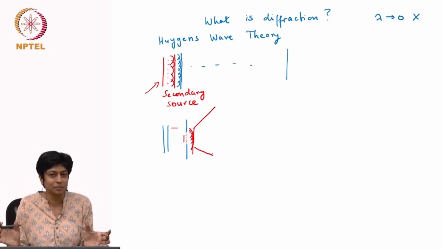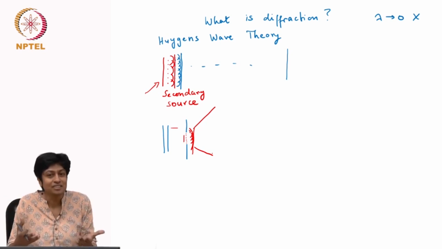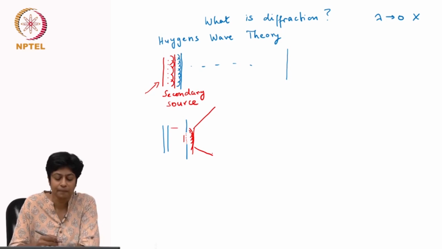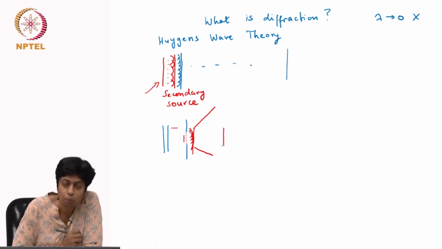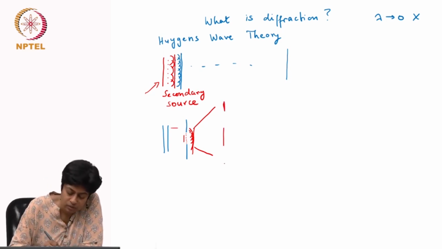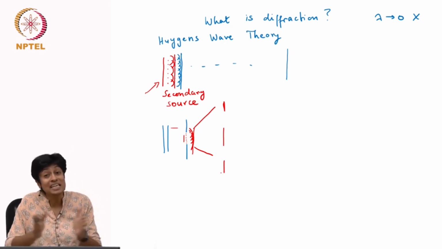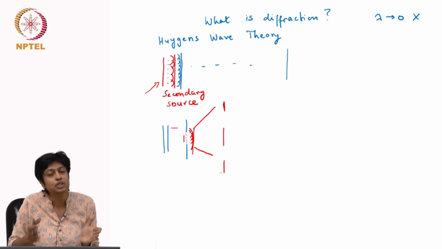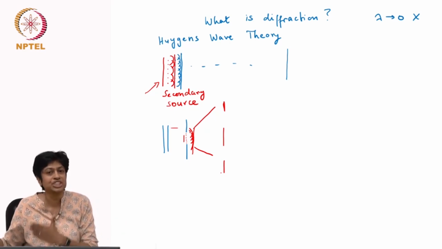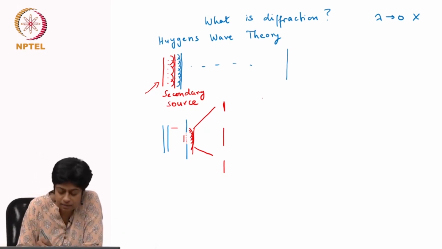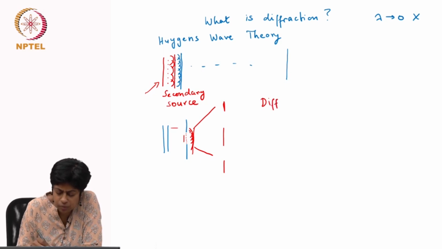But the moment there's a disturbance, the waves that get interfering have changed slightly, and where the interference happens, it doesn't happen only in the open region. Somewhere here is where the constructive interference happens, and that's why light leaks into areas which would otherwise have been shadow regions. So I can think of diffraction, if you want to give it another definition, as light